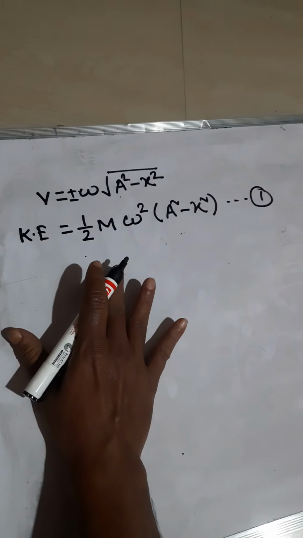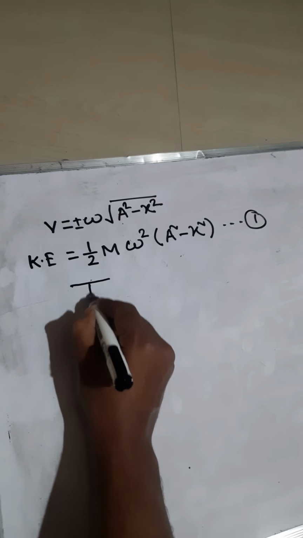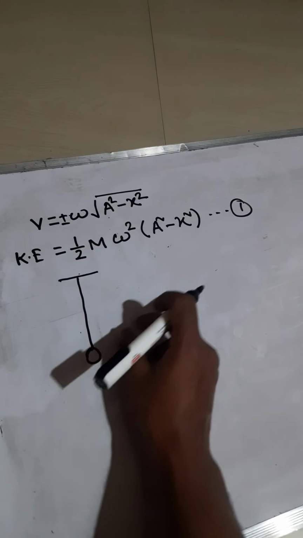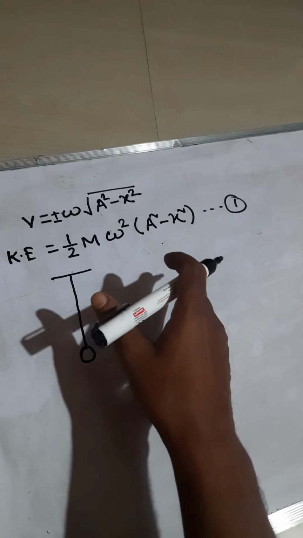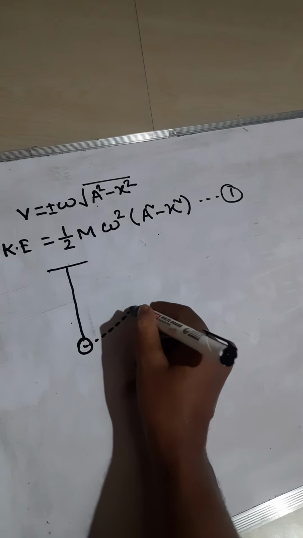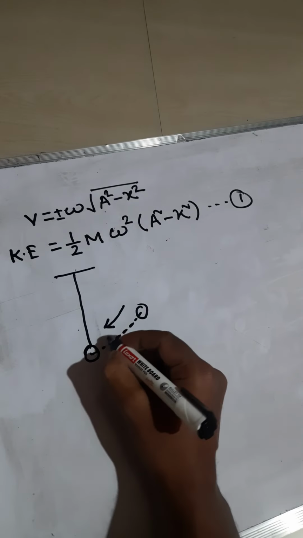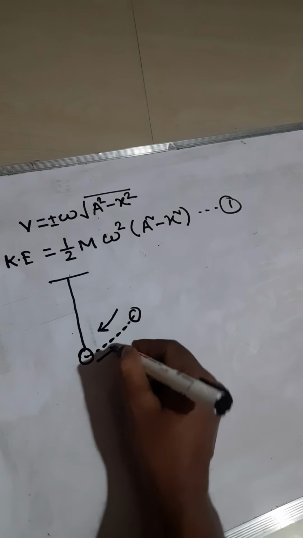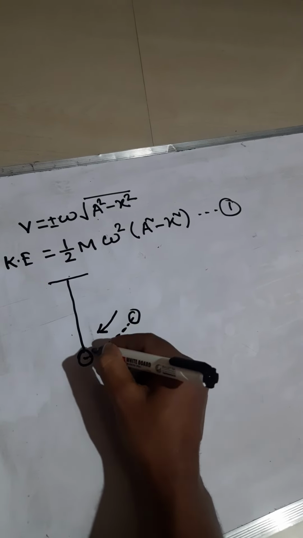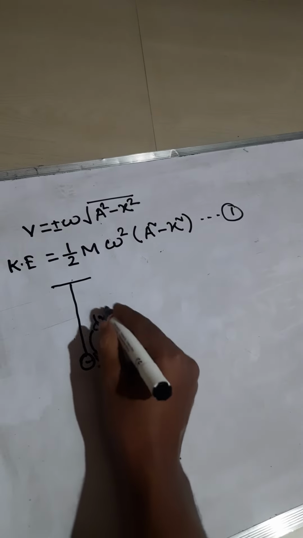Now we try to evaluate the potential energy. This is essential. Now this is a simple pendulum. I displace this bob and then release. So this bob executes a to and fro simple harmonic motion. The direction of the restoring force is always towards the equilibrium position and the instantaneous displacement is directed in this direction. This is x.